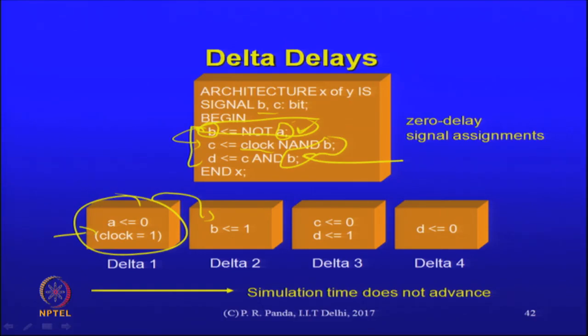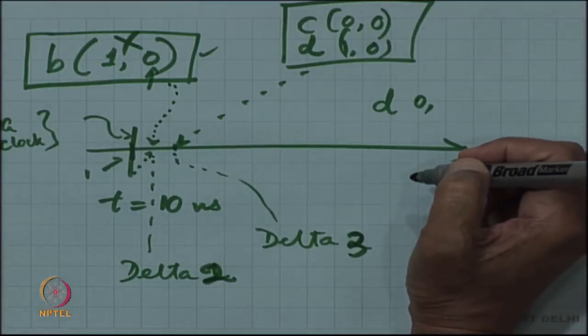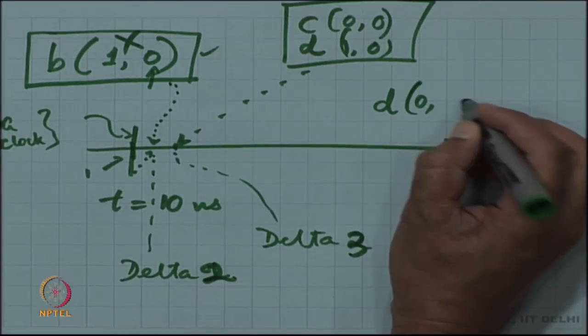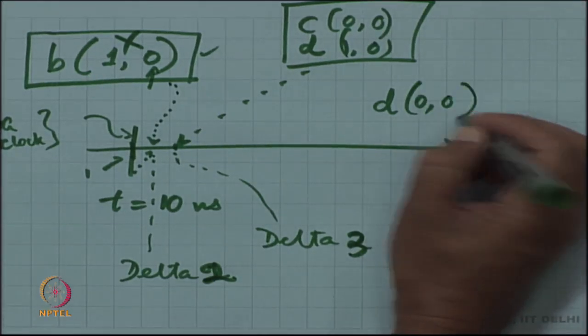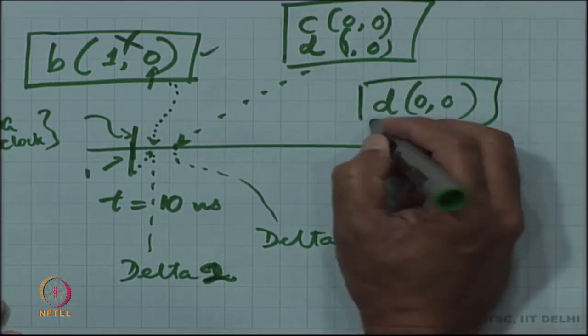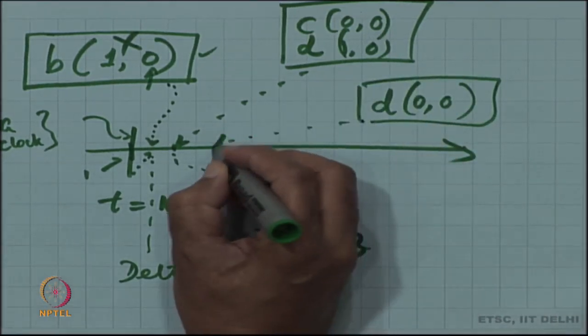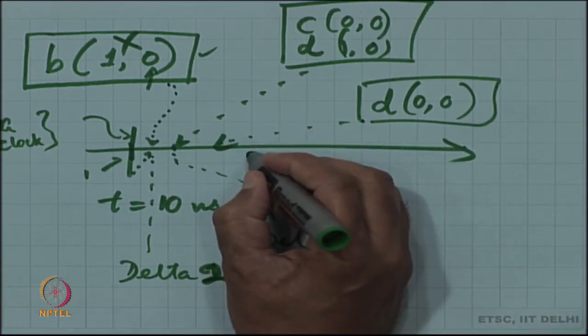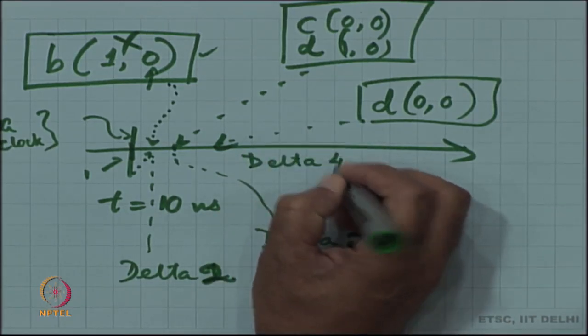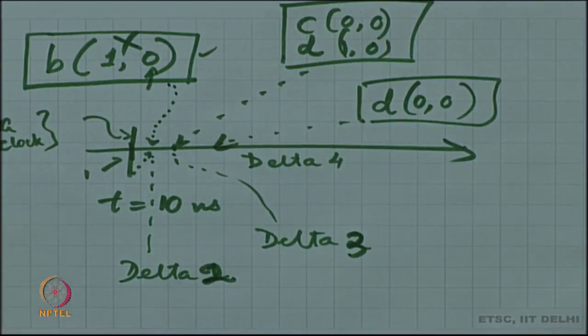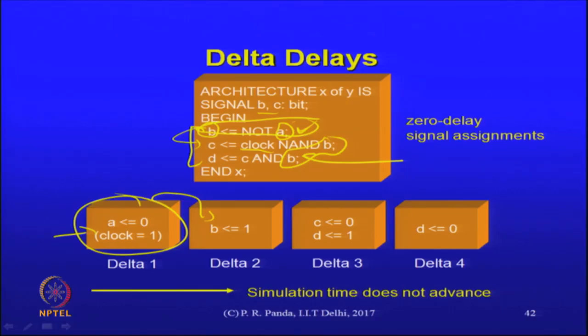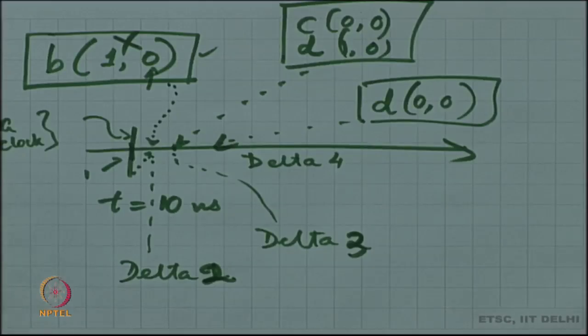value of 0, a new value of 0 is posted onto D with the time being 0, still all of these are 0 delay. So, that is my new transaction that would be posted here for processing in my delta 4. That may lead to a new event being created on D, that should lead to a stable situation as far as the time t equals 10 nanoseconds is concerned. No more events to be processed, no more transactions to be created or events to be created at time 10 nanoseconds. After that we move to,